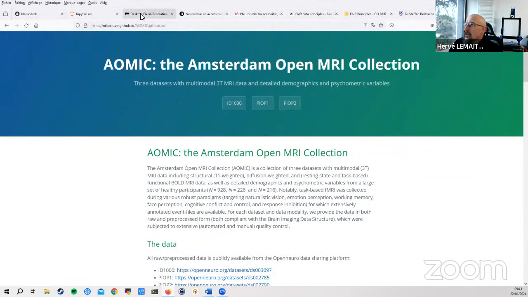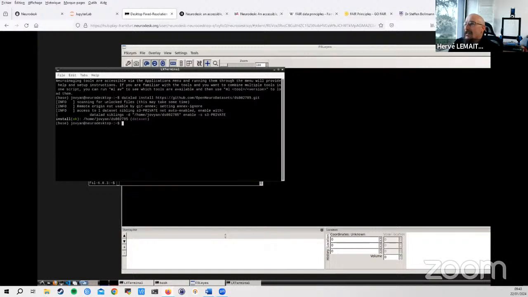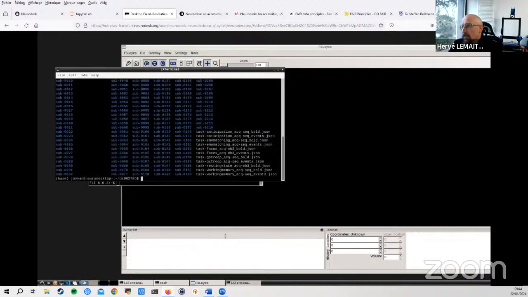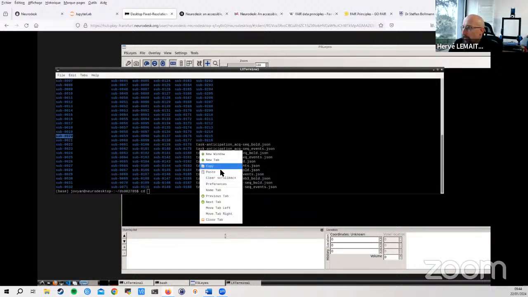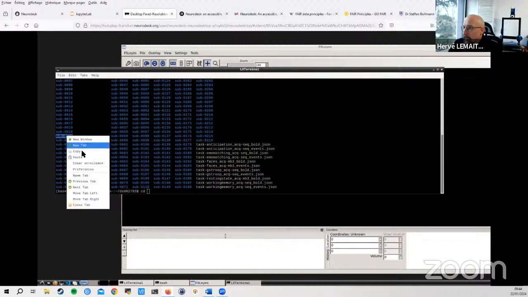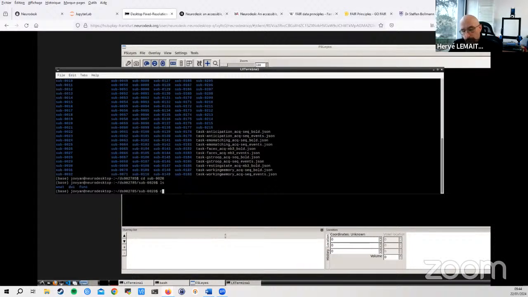And so the command I just gave you doesn't download the data, but gives you the structure of the data. So if you do ls, I will see the dataset is here. It's organized in a BIDS format, so each subject is in a folder. So for example, if I go to this folder, copy, paste. So you have here